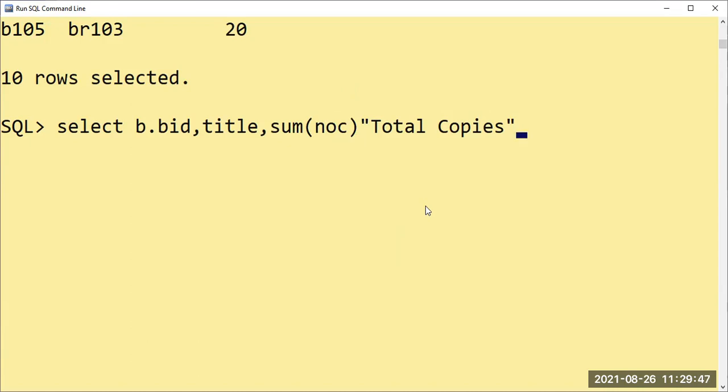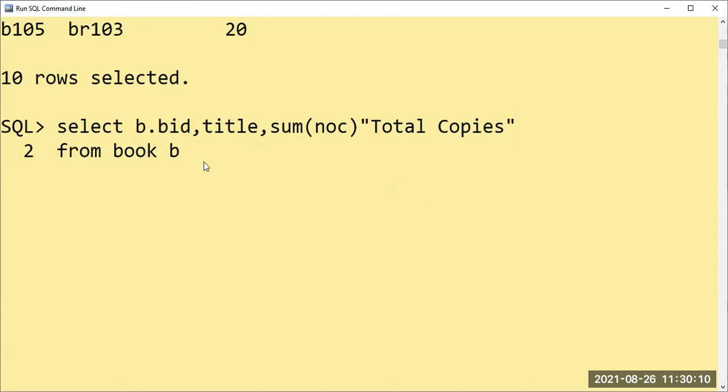Okay, and after that, which tables are used also matters. We are going to use two tables. One is the book table, as we are fetching the book ID and title, so I will say from book B. We use B because here we have written B. You are not supposed to say B here and B1 there.